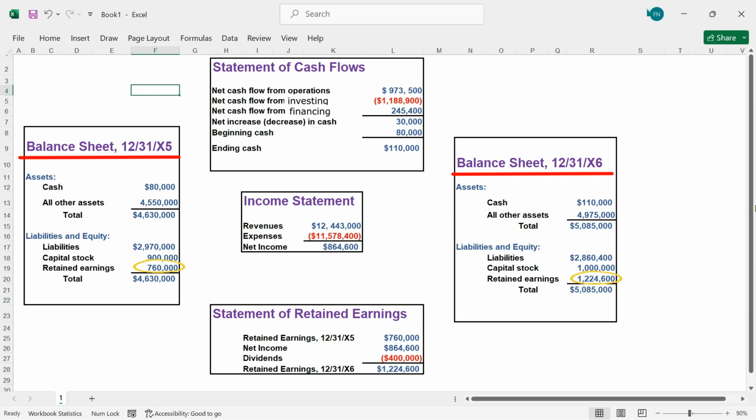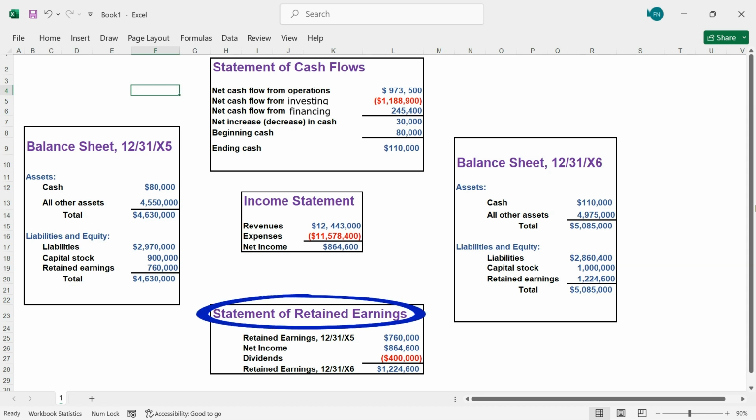The fact of the matter is the change in retained earnings is as a result of earnings, but some of those earnings may have been paid out in dividends. So maybe the company was even more profitable than $464,600. We can see the level of profitability more clearly if we look at a statement of retained earnings. That's this bottom statement here in the middle. The purpose for putting it here in the middle is to make this